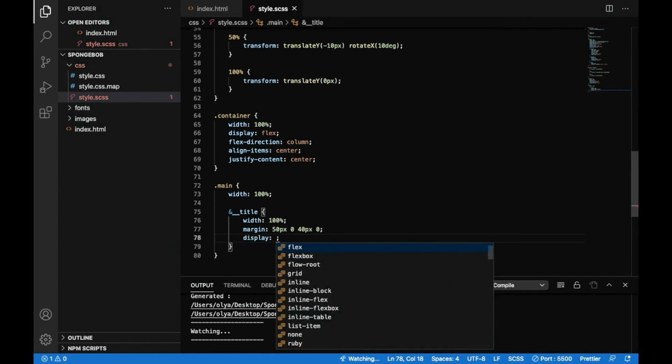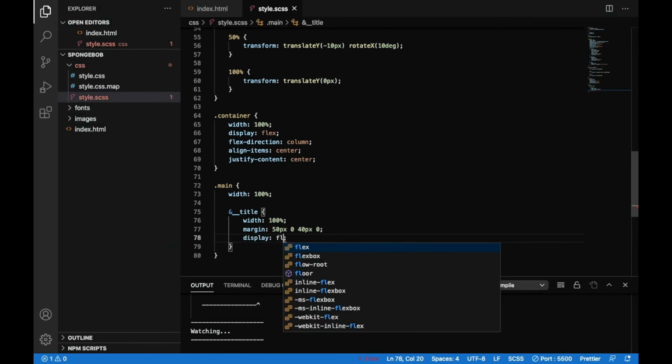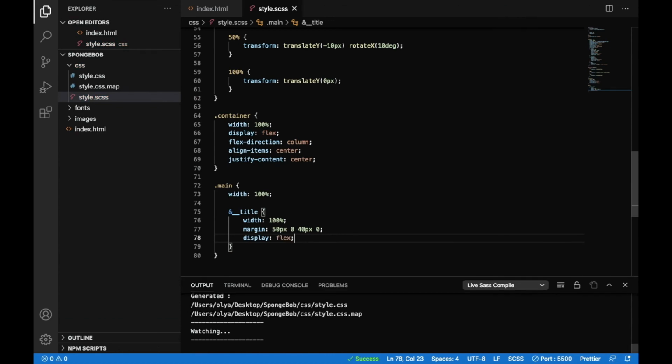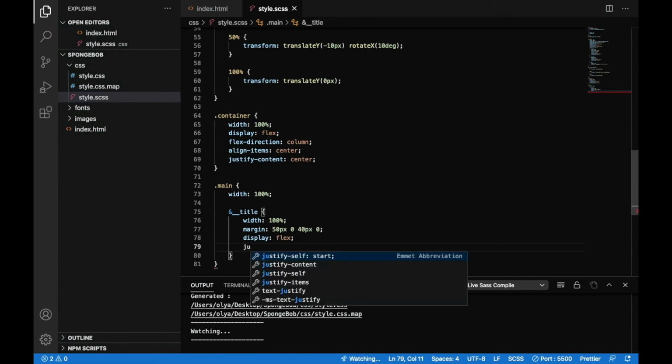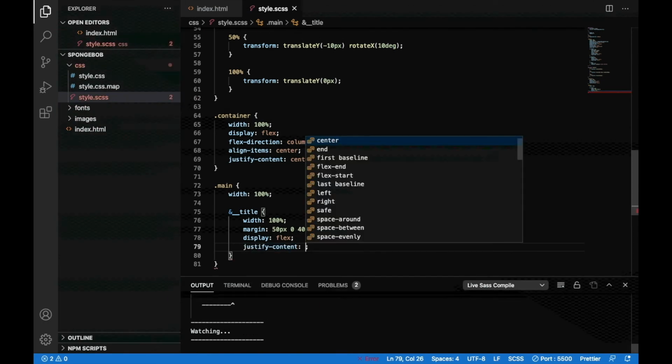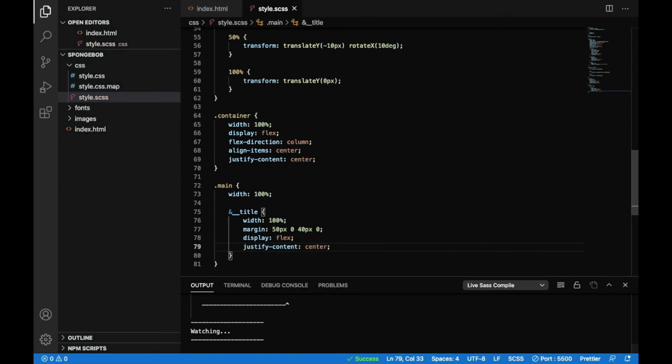Display flex, justify content center, align items center,